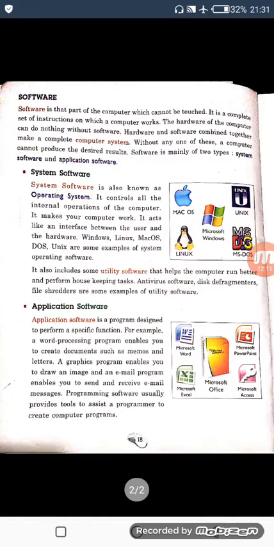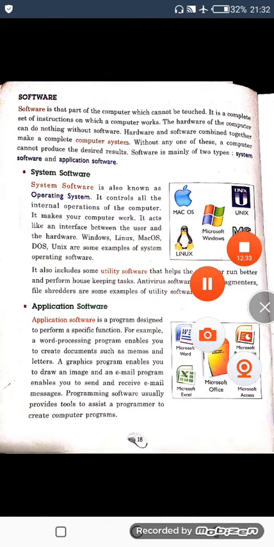So in tomorrow's lecture we will study about software, and we have two types of software. First one is system software and another one is application software. I told you what is software: that part of the computer which cannot be touched but can be easily seen.